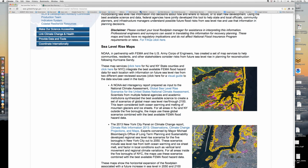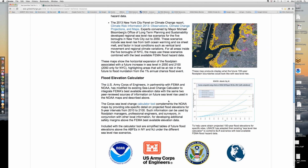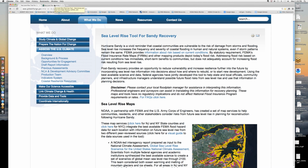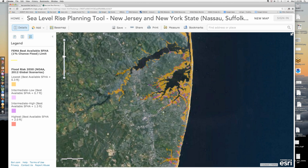The tool has two components. It's a series of interactive maps, which I'll show in a second, and a flood elevation calculator from the Army Corps of Engineers that gives you some specific information on smaller timescale increments. I should also mention that the team that developed this tool won an award from the President, a Green Gov award under the category of Climate Champion. So if you were to click on the maps and zoom out, this is what you would find. We'll zoom in on the area around Sandy Hook, New Jersey,